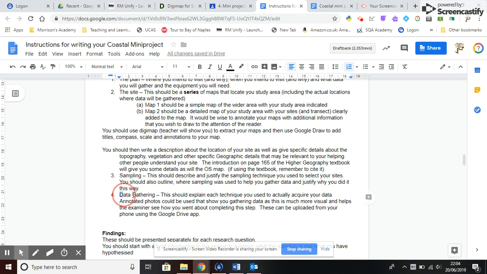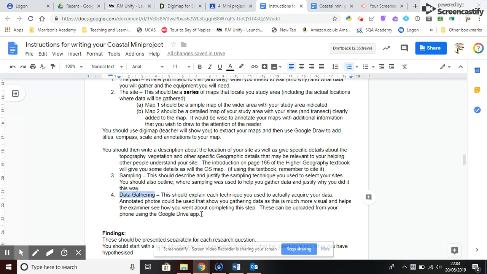Right, lastly, the data gathering. Now, this is what you would have done very well at Higher Geography, where when you were writing up your methodology, you explained in an awful lot of detail in your Anti-Burn investigation how you went about gathering data. In Advanced Higher, it's less important. My suggestion is, if you have a photograph, and I on the day will advise you to take some photographs of people gathering data, that you annotate one of those photos, not label, but you annotate it with lots of labels that explain what is going on in the photo and the data that's being gathered and the techniques that are being used. What this then allows you to do is write just a quick summary of that process,